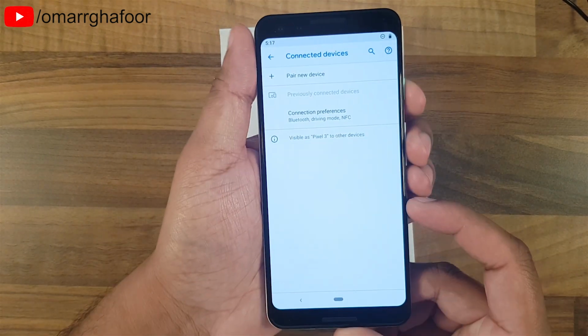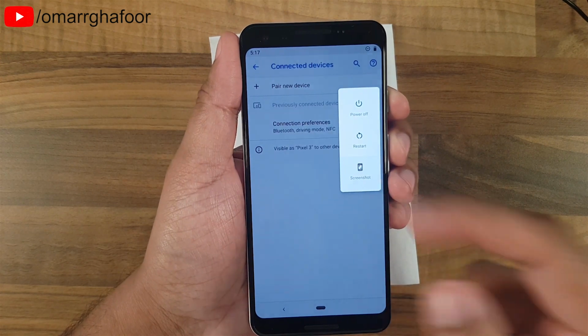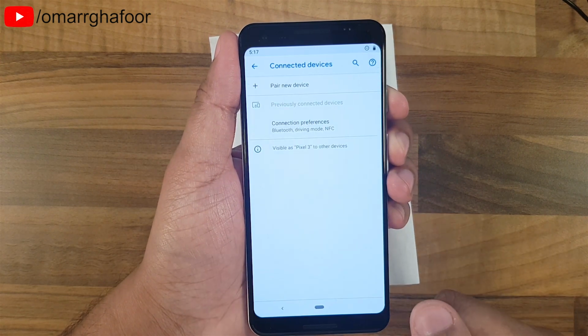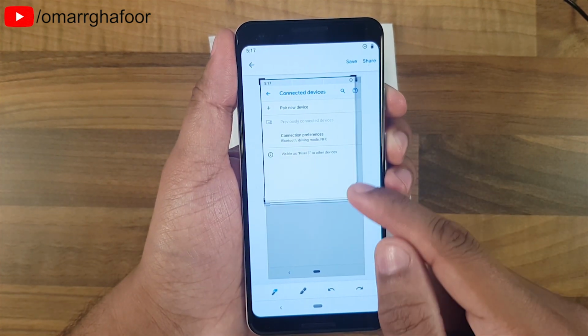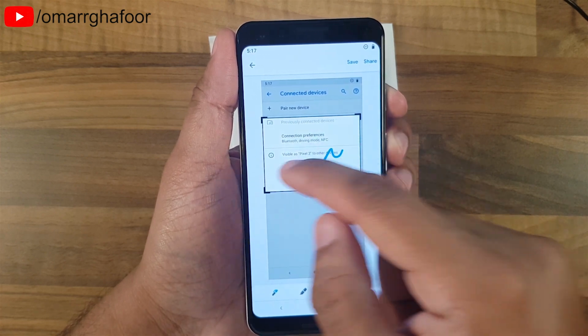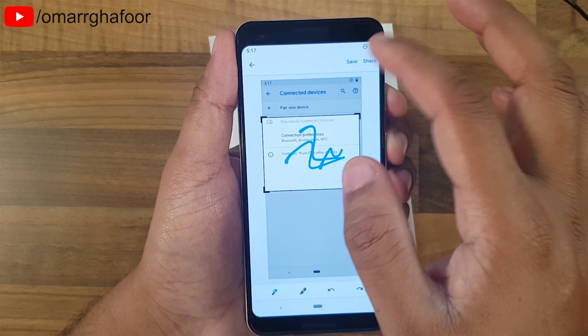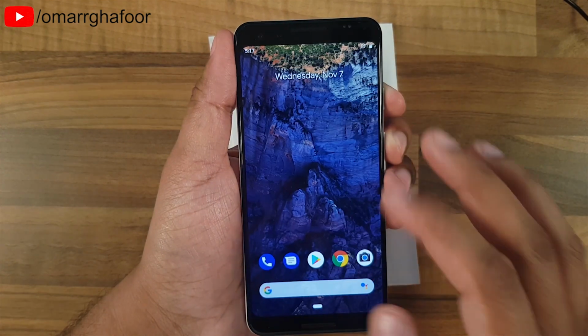So we're taking a screenshot. Essentially all it is, you hold down the power button and it gives you the option to take a screenshot. Now what's new here is when it brings it up, it allows you to edit before you send it off to whoever you need to, and essentially you can edit, you can write on it. Once it's done, you can save it, it goes back to the previous screen, and then it will be in your